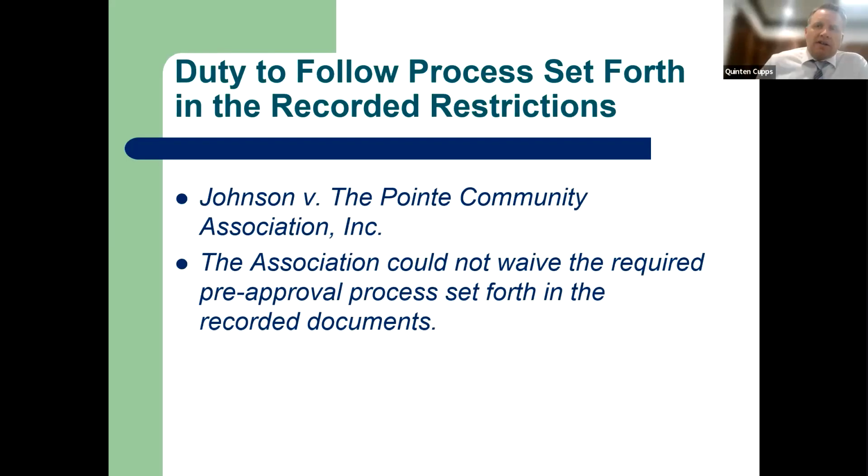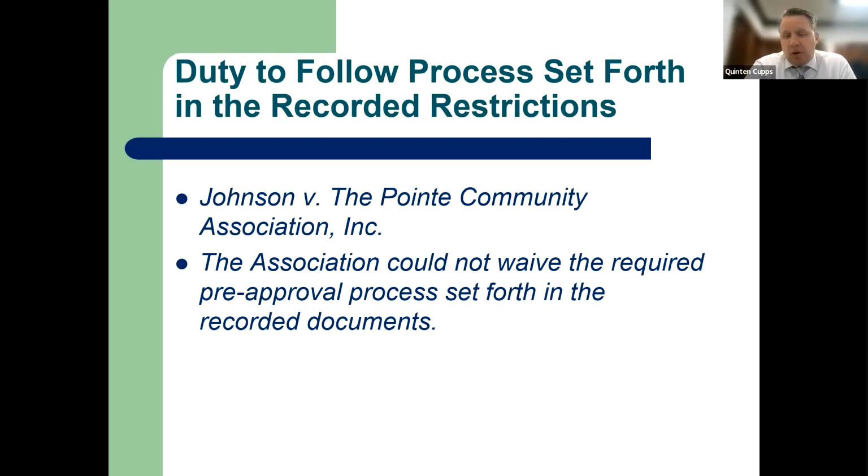And the board kind of inquires a little further, realizes that the architectural process hasn't been followed properly. They force the Boyds to submit for approval. Some things are approved. They come to an agreement on the paint color. I think they came to an agreement on the trellis issue, but the CC&Rs had a requirement for electrical wiring that all such wiring, it said it shall be concealed. It can't be exposed, whether you paint it or not, it can't be exposed. Well, the board, in working with the Boyds, thought, you know what, we're going to let that one slide. As long as they paint it the same color as the house, we think it's okay. Well, the Johnsons didn't like that because they could still see the wires, and they sued over it.